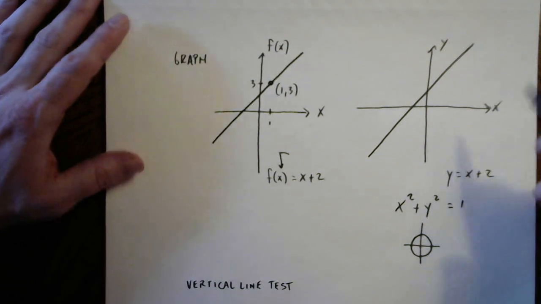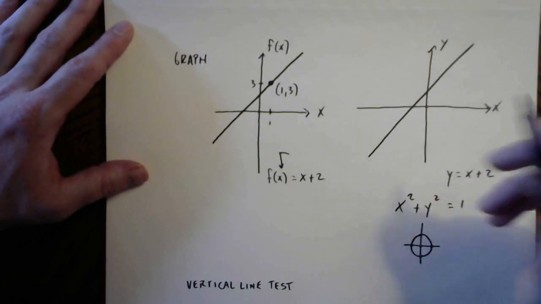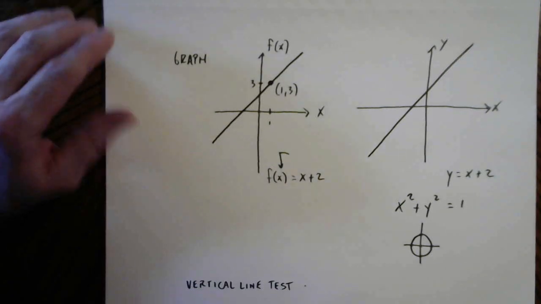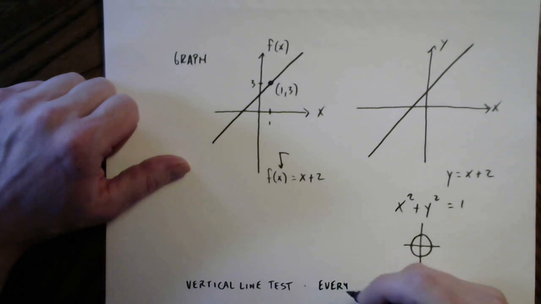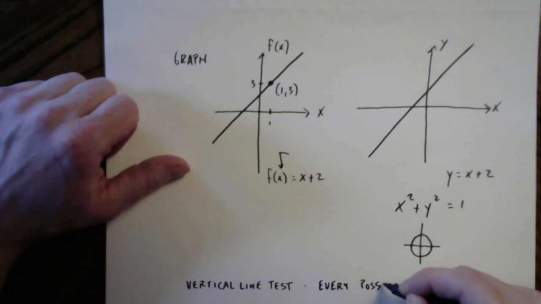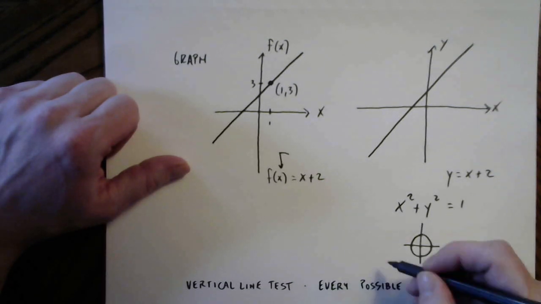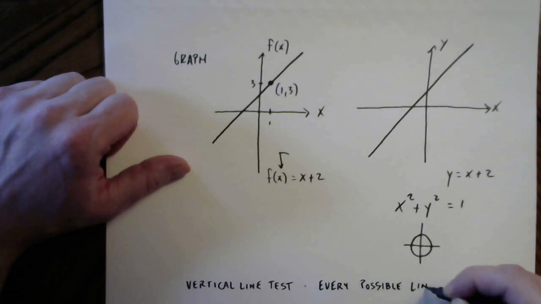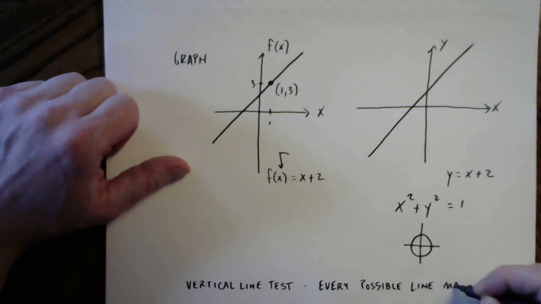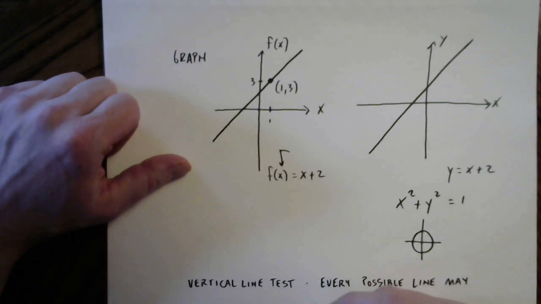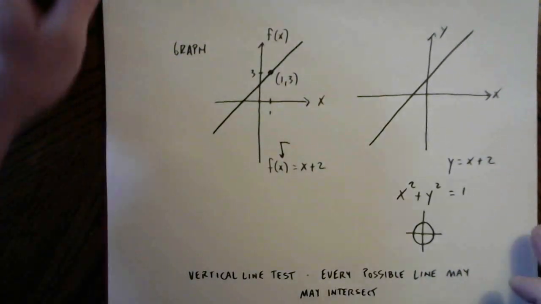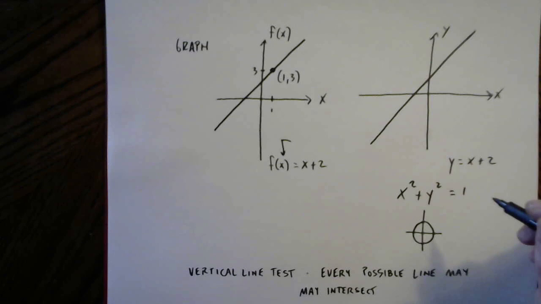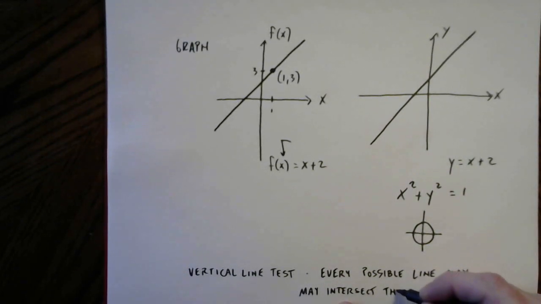And this goes back to the definition. What this says, and I'm going to point to these graphs. Let me write it down first. How do I want to word this? Let's word it like this. Every possible, which I guess that's kind of redundant, every possible vertical line may intersect the graph of a function